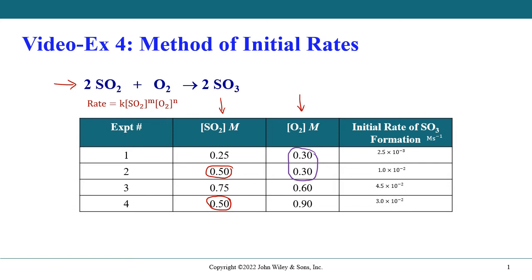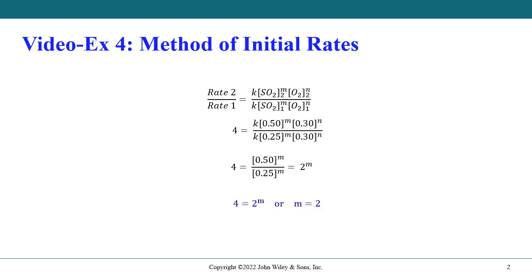All right, so how do we do this? We look at the rate at which experiments 1 and 2 change and we plug in the values. So we see that if we worked out the rate, the rate quadruples. If we look at the experimental data, the rate quadruples. You will see that this cancels out and we're left with the values for the SO2. So we get 0.5 divided by 0.25 is 2 to the power m, so m is equal